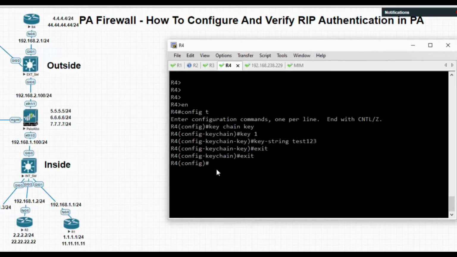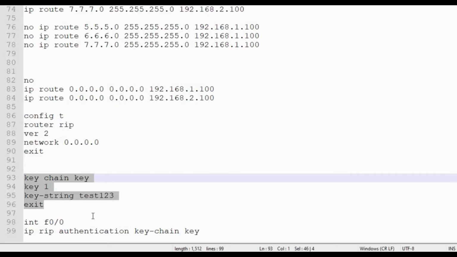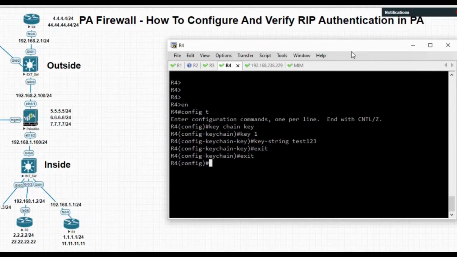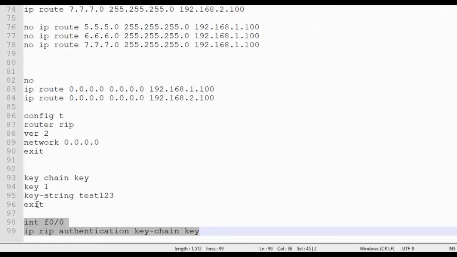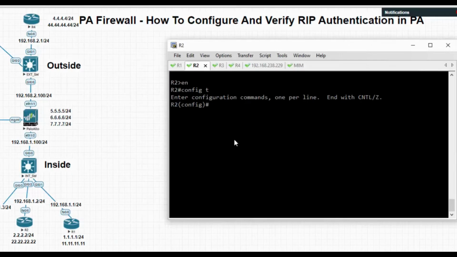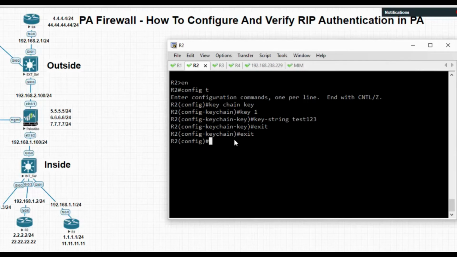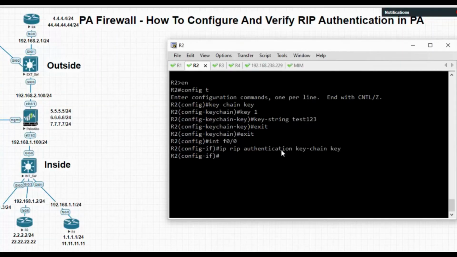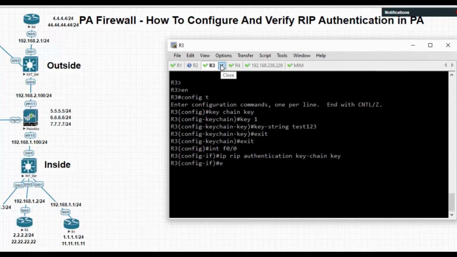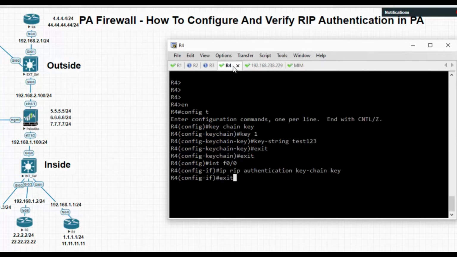I am just copying to save time. Now go to R2, clear the screen, enable config, and copy these commands. The interface is F0/0, and exit. Save the configuration. Same in R4 as well.